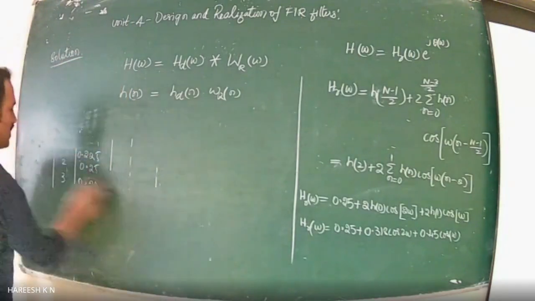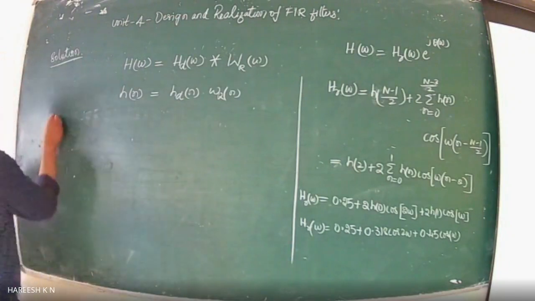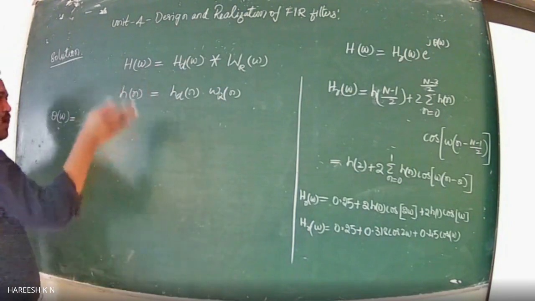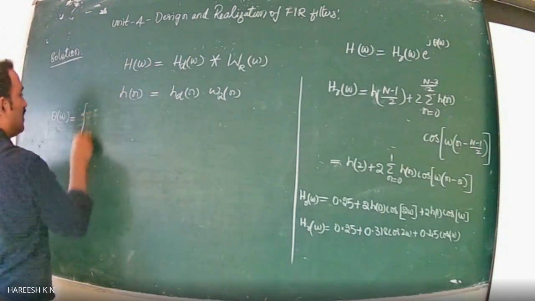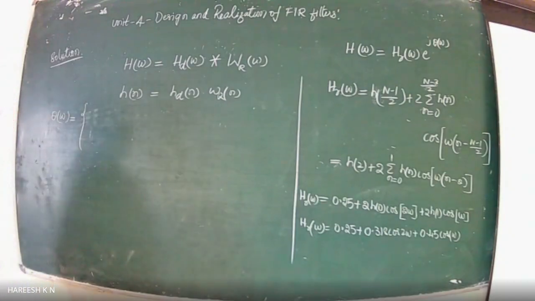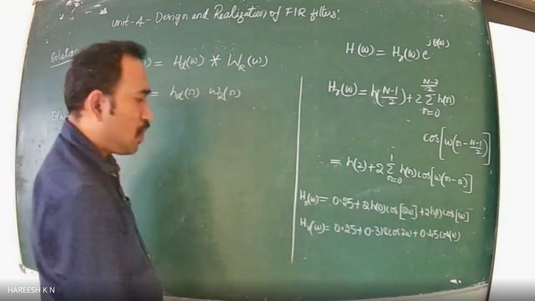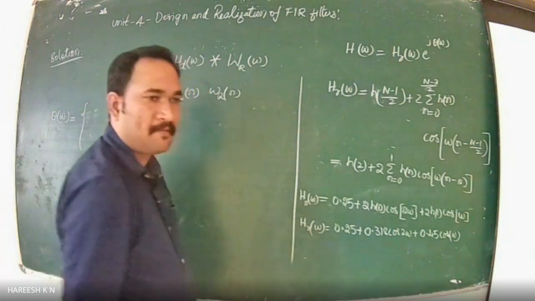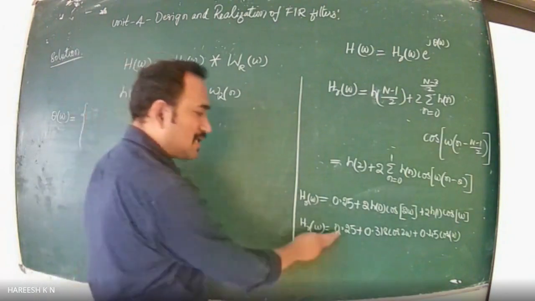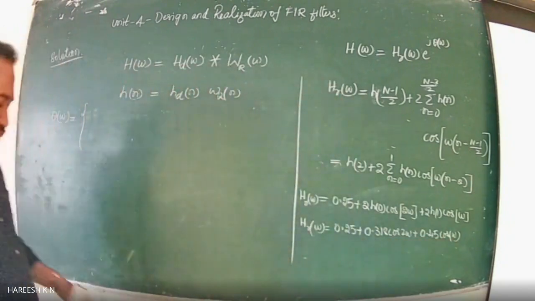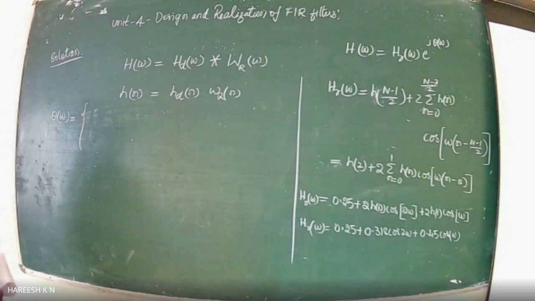And we need to obtain the theta of omega. What is theta of omega? Theta of omega for n is odd and symmetric h of n, we have theta of omega is equal to, now obviously 0.25 plus something, it will be obviously greater than 0. These are all positive values, isn't it? Therefore, it cannot take up a 0 value. Therefore, it is greater than 0.